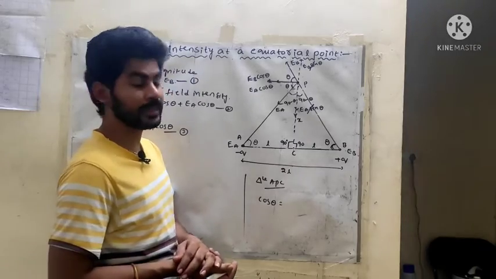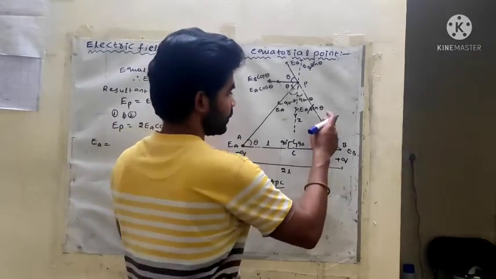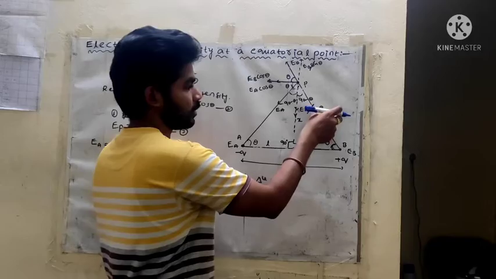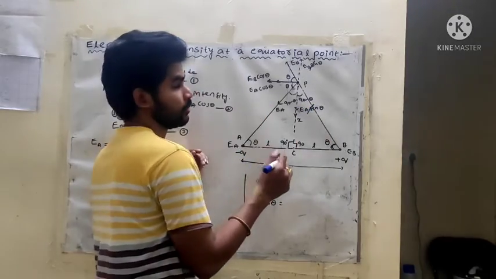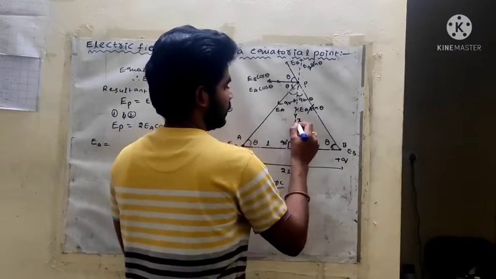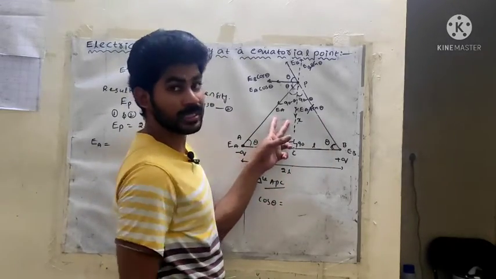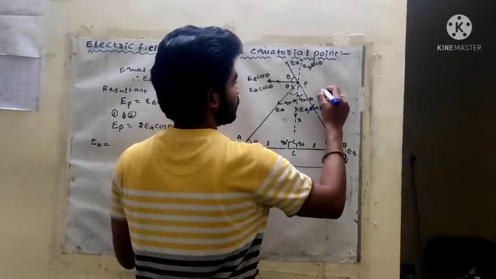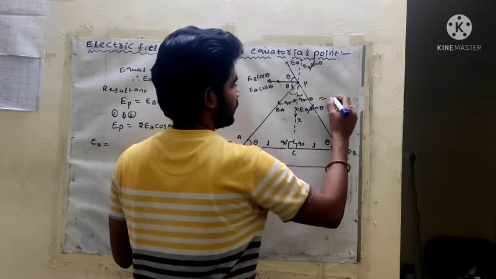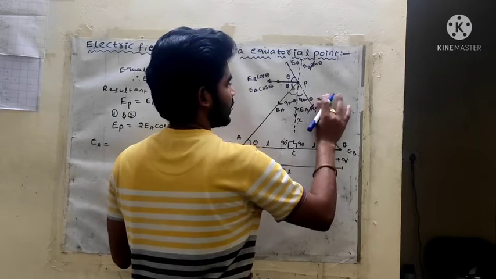Hypotenuse we don't know, how can we calculate the hypotenuse? First I am calculating this side. How much distance does this have? This side also has the same distance only, no? See here, this is one side, this is another side. Hypotenuse square is equal to side square plus side square. So how much do we get here? Side square plus side square.